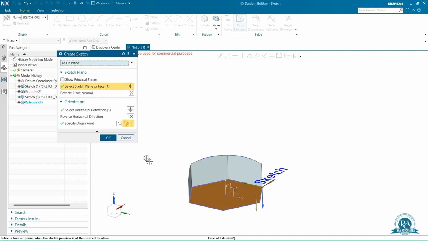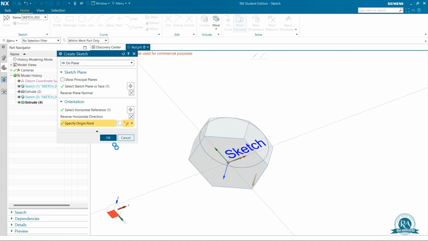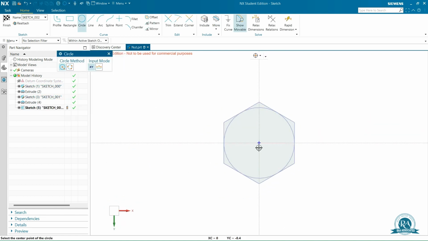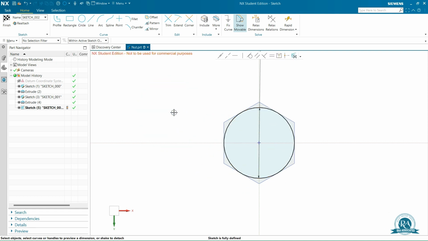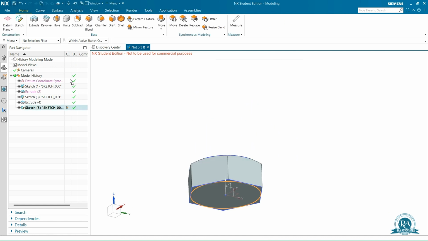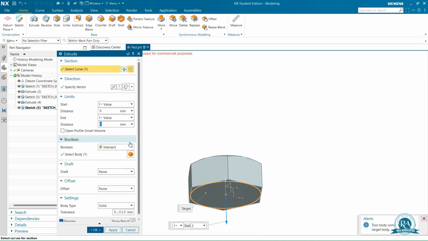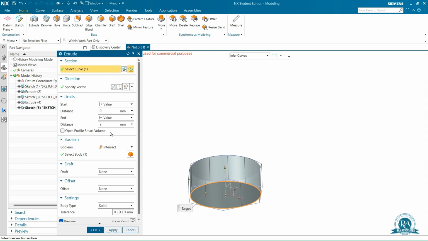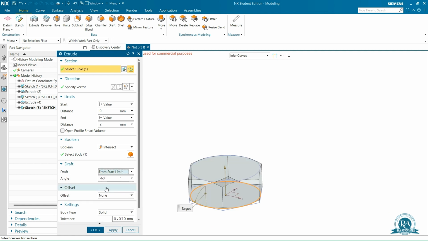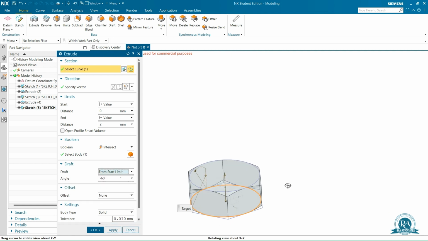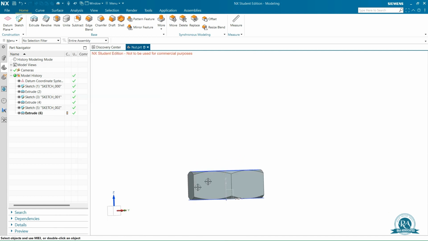Similarly, create the sketch on this bottom face, specify the origin point, origin of datum coordinate system, say OK. Draw the circle of diameter 5 mm, finish the sketch, select extrude, reverse direction, end value 2 mm, intersect, select the draft angle from start limit -60°, say OK, hide the sketches,